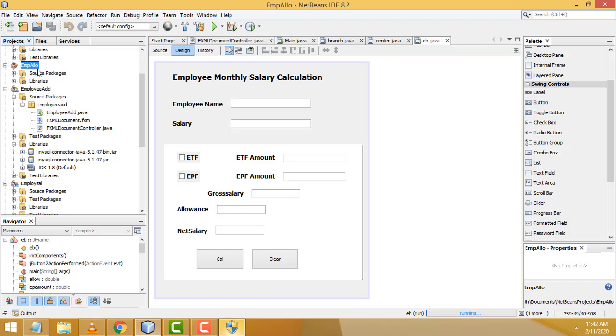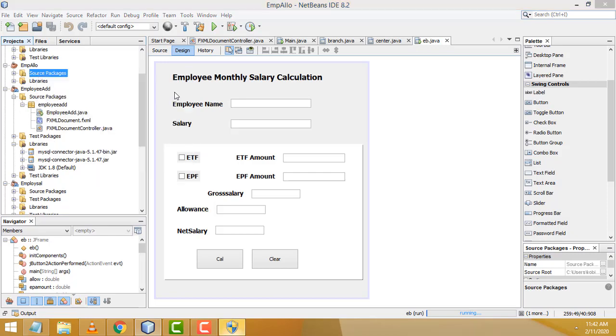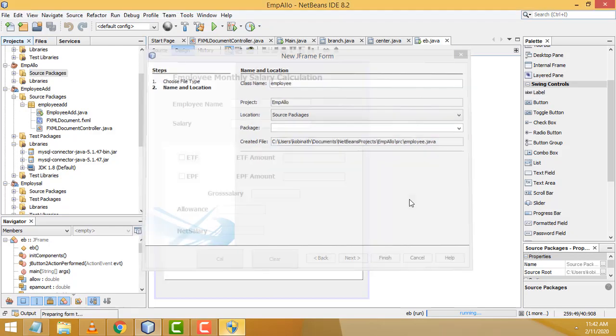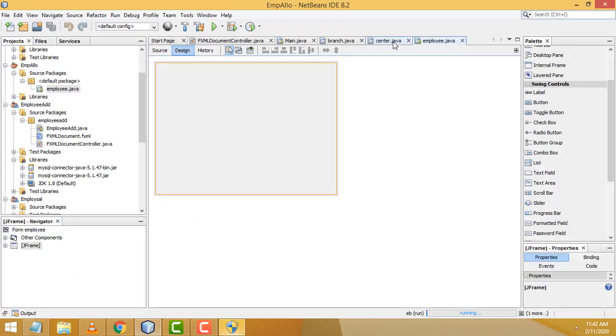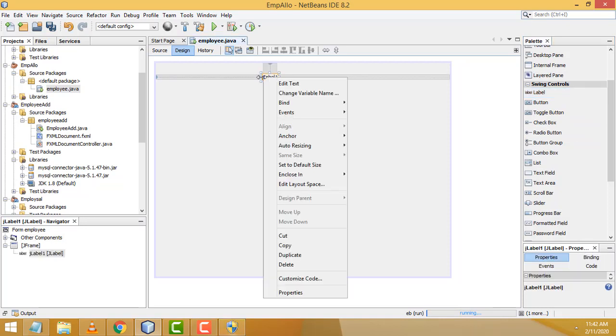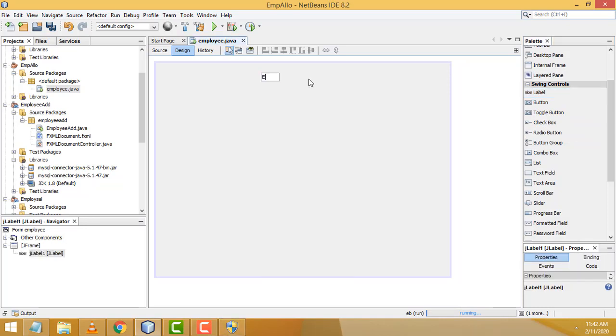Now your project folder consists of two major folders, Source Packages and Libraries. Select the Source Packages, right click, New, JFrame Form. The name should be employee, then Finish. Now this one we do not need. Here we have to drag one label. In this label you have to write the text: employee